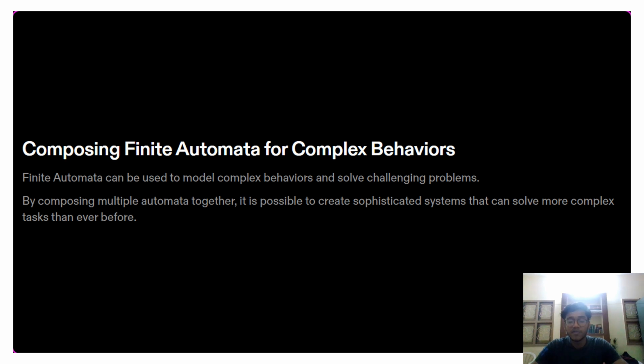Composing finite automata for complex behaviors. Just as the definition goes, finite automata are mathematical models that can represent simple and complex systems with a finite number of states. By breaking down complex behavior into simple components and modeling them as finite automata, we can achieve more efficient and effective solutions. Composing finite automata enables us to create more sophisticated and adaptable systems that can respond to